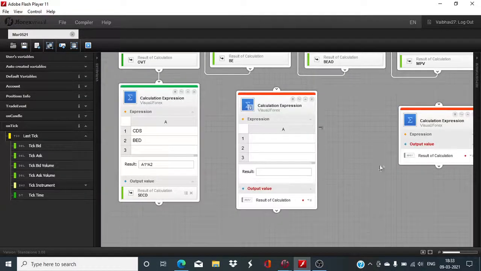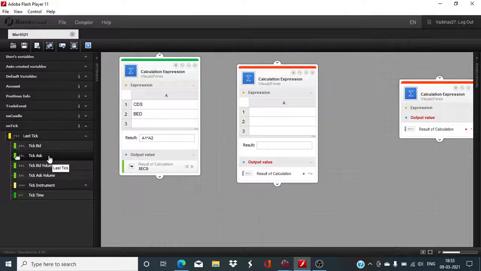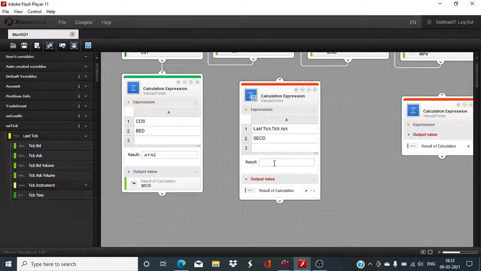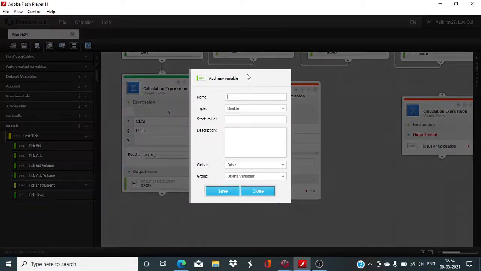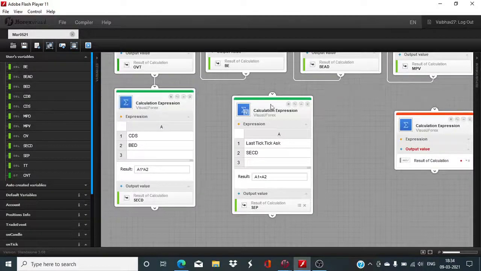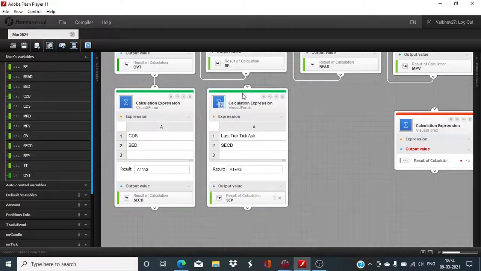Okay, and we will add the result of the prior calculation expression block, A1 plus A2, and this is going to be the sell execution price. Okay,